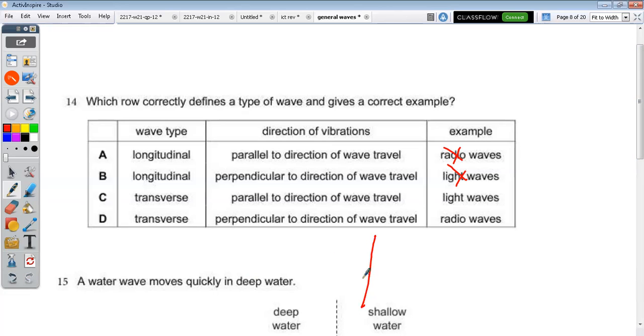We even explained this, and it was in your notes. I said longitudinal means the individual particles in the wave are moving in the same direction. They are parallel to the direction of the wave. Transverse, the individual particles are moving at 90 degrees, up and down. They are perpendicular to the direction of the wave. That's what transverse means. And look at your notes. That was the very first thing in your notes.